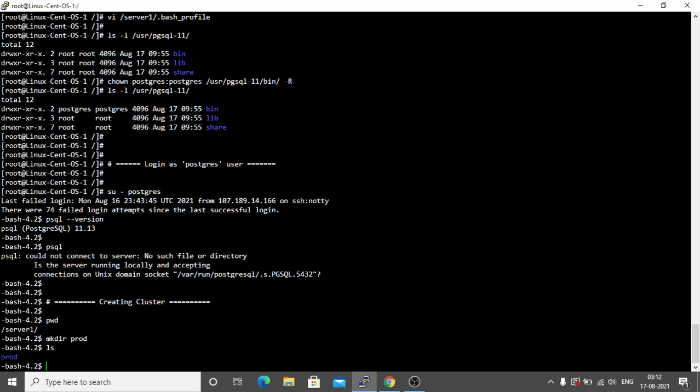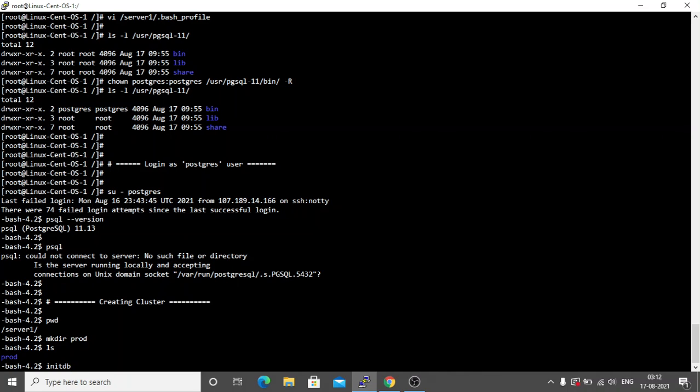And now in this directory, I will be initializing my database; this will be the data directory of this production cluster. For initializing the database in this directory, creating a cluster in this directory, we have a command called initdb.